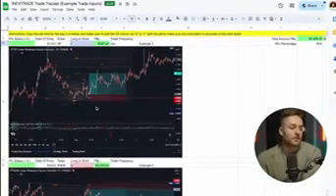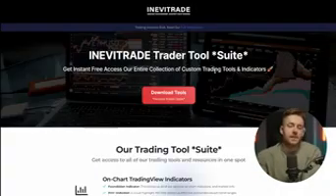Okay, so I built this custom spreadsheet as something very simple that you guys will get access to if you get this Inevitrade Trader suite of tools. This is the only way that you'll be able to have the proof of concept and know that your trading is actually working out. Until you know that your trading is working, it doesn't really make sense to hop onto an exchange and start using real money. If you're not practicing and being profitable with your strategies, then you shouldn't be putting money into the market at all. That should be the last step that you do.